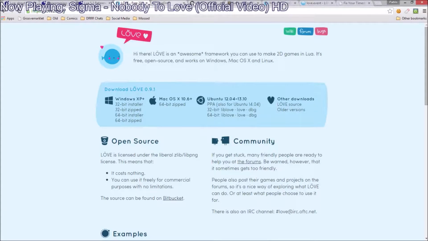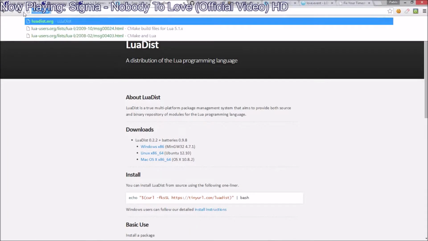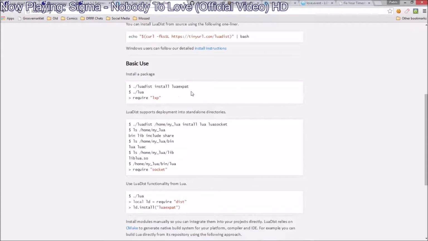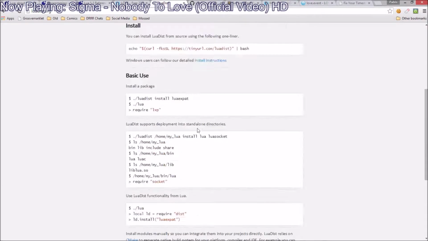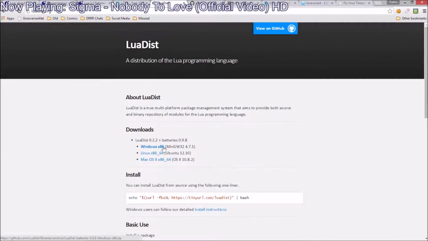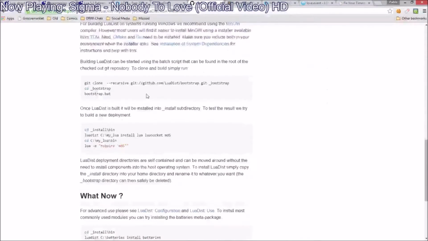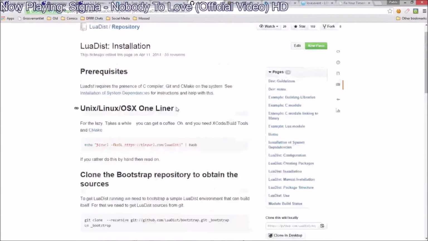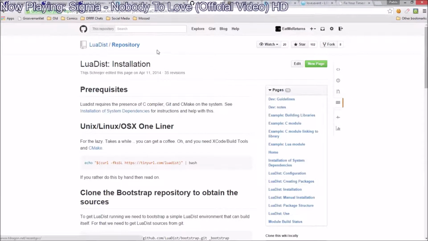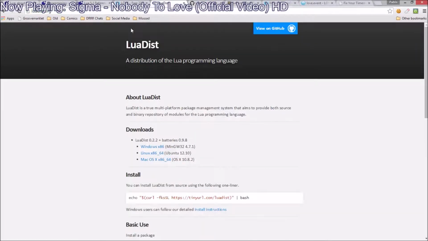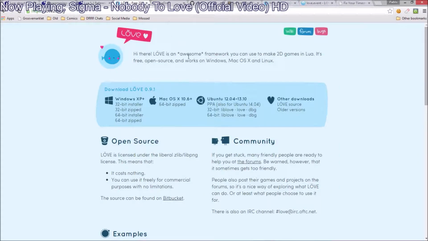If it does not, if you have any problems with compiling or anything like that, you can try luadist.org, and it will have instructions for installing. Again, it's got Windows, Linux, Mac. Their wiki has even more detailed information. I'll have all these links available for you in the below the video section. And as I said, you shouldn't actually need this at all. Love2d should compile it for you. But in case it does not and I'm wrong,